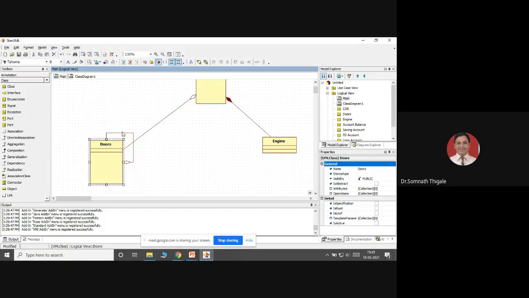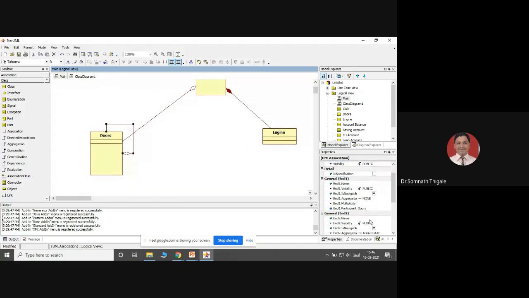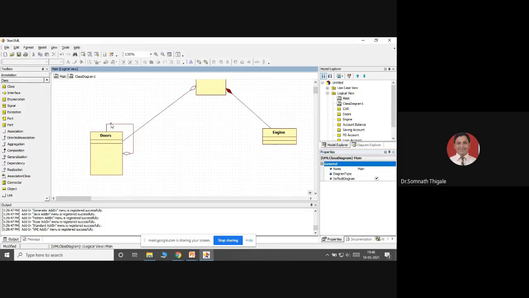This is recursive, but the doors part I can represent in terms of multiplicity. That multiplicity I will write here. For example, a car is having 4 doors. I can say simply 4 doors. That number is reflected here. You can check this number.